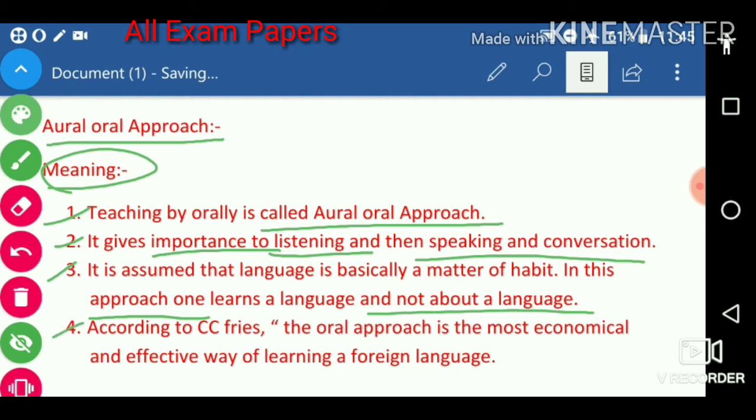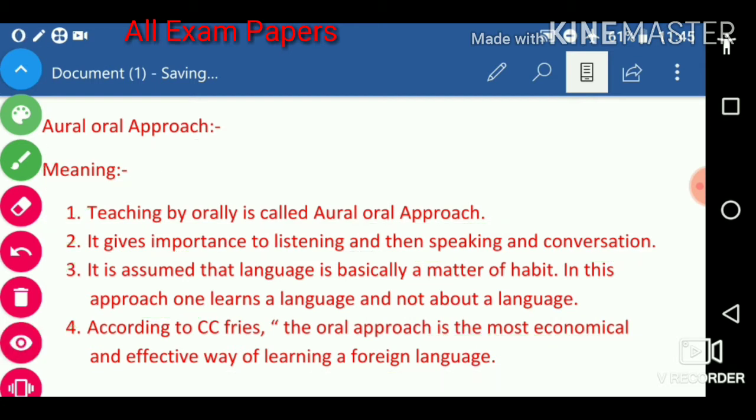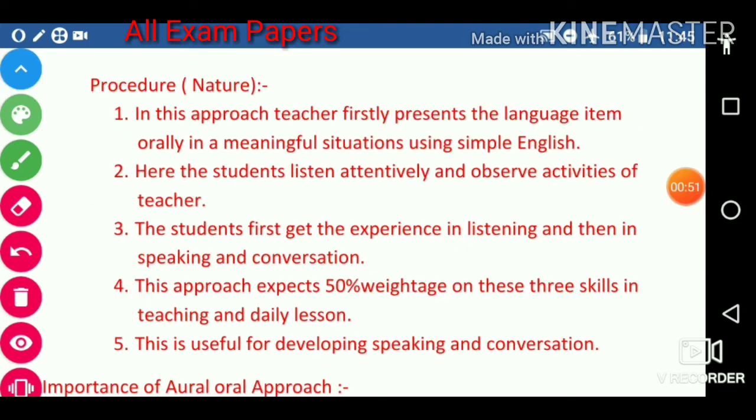Next, according to C.C. Fries, the oral approach is the most economical and effective way of learning a foreign language. Procedure means nature. In this approach,